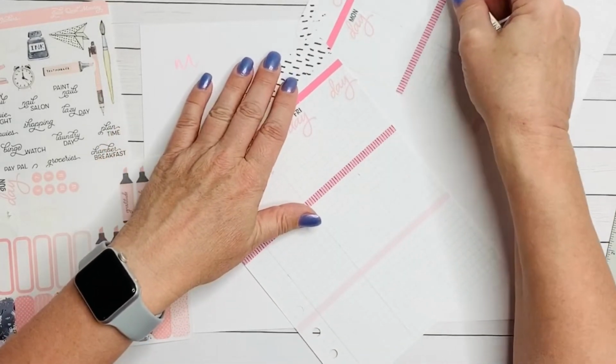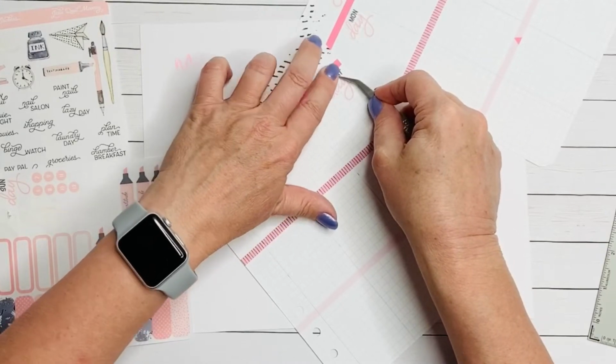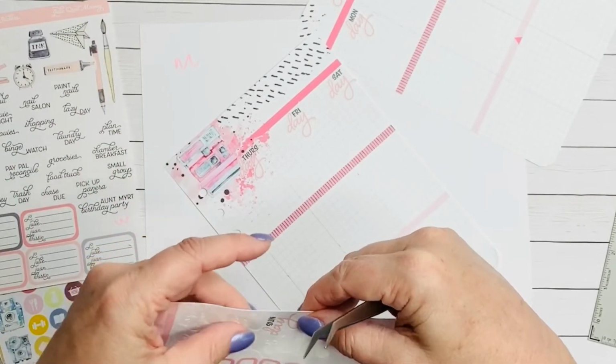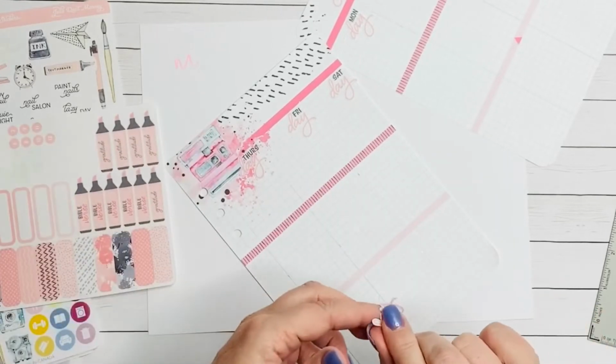So I did WD Day and SAT Day. Cocoa Daisy, whom I really just quite frankly copied the idea for these stickers from, they put